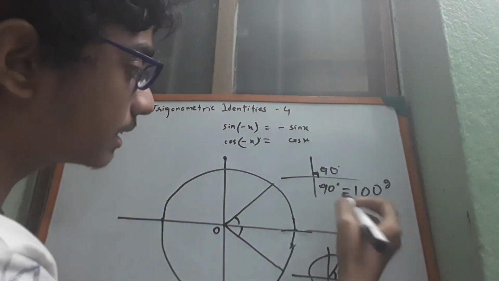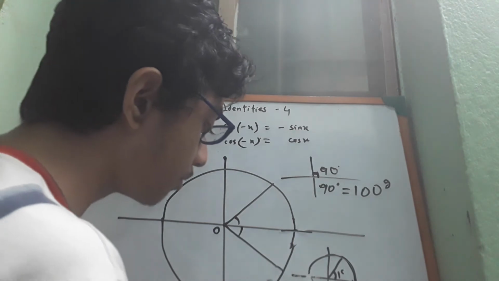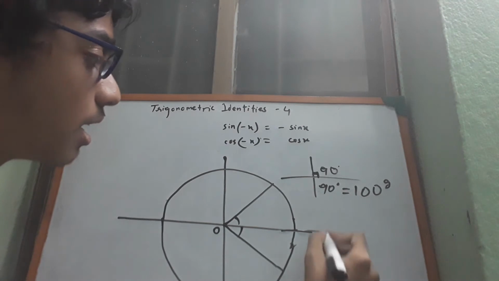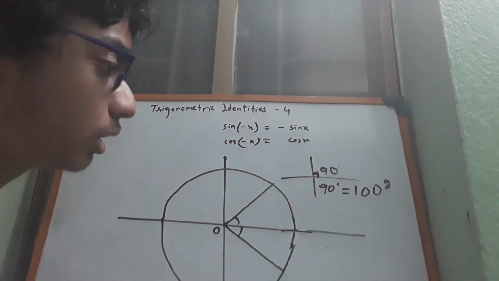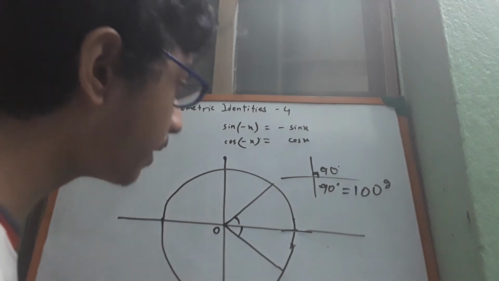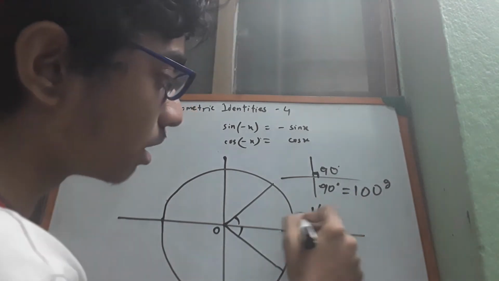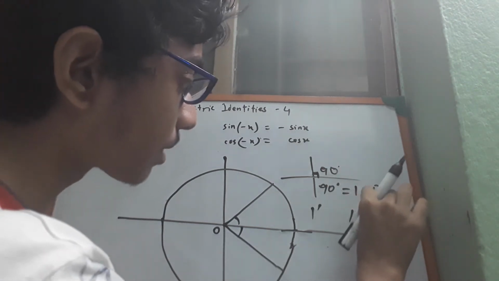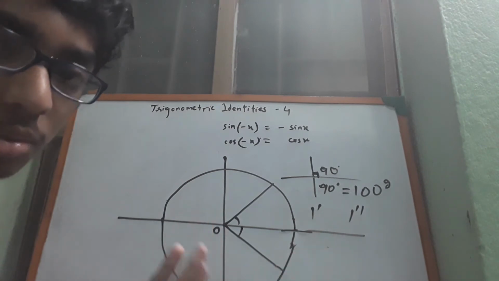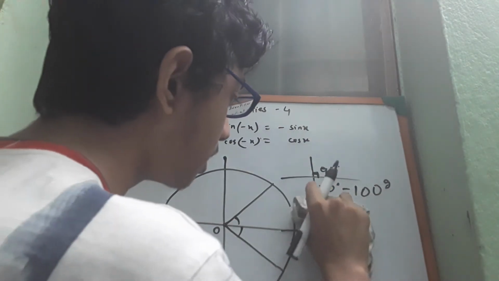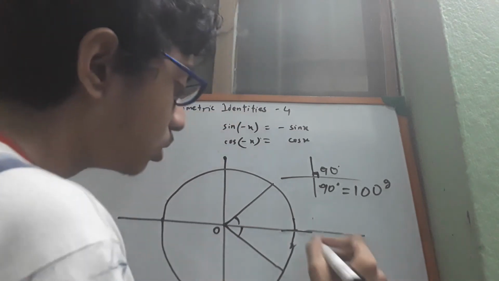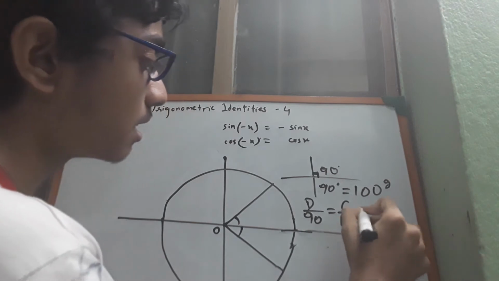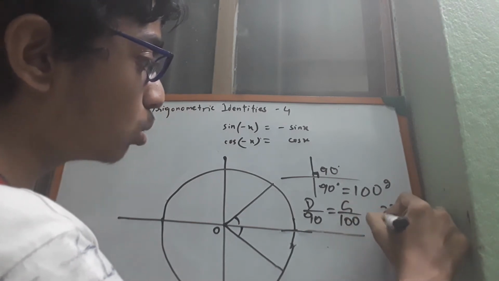This is the basic thing. I'm showing you the basic formula which will help you when you're dealing with angle conversion. Here there is one more thing. If you want to make your measurement more accurate but keep it in degrees, then you have the concept of the minute. This is how you write 1 minute. And if you want to go further, the unit is seconds, which is just two slashes in the superscript. So the basic formula is d by 90 is equal to g by 100, where d is degrees, g is grade, and r is radians, equal to 2r over pi.